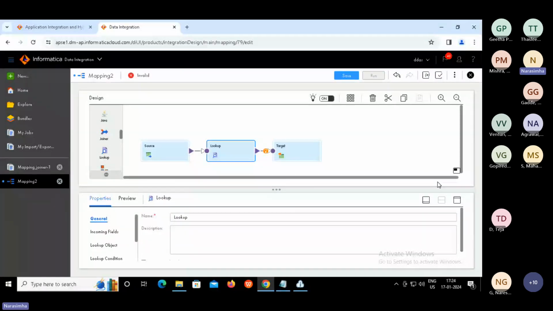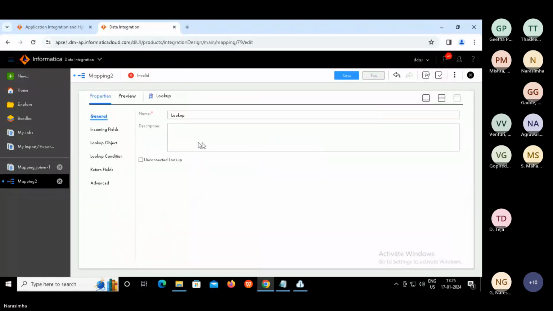So please click on lookup. Maximize it. So we'll just give the name as what? Connected, right?